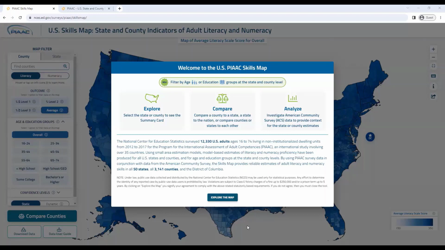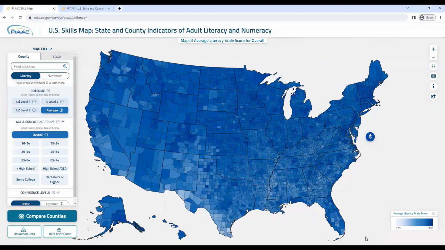When you enter, you'll see county estimates of average literacy scores for adults. The map legend in the bottom right provides information on how to understand the shading of the map, with lighter blue indicating lower levels of the displayed outcome, and darker blue indicating higher levels. The map filter on the left-hand side is the main operation dashboard, displaying variables that you can select from to access results you need. You can view results for counties or states,